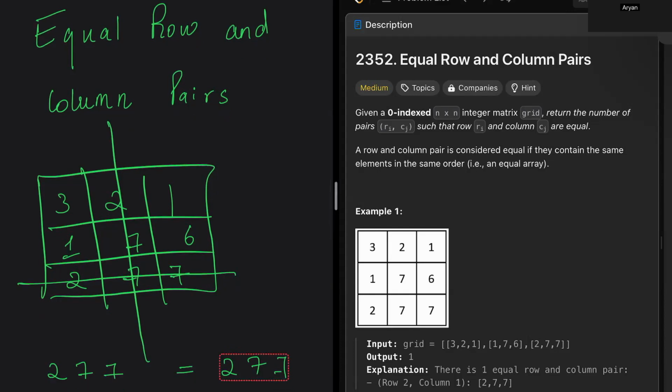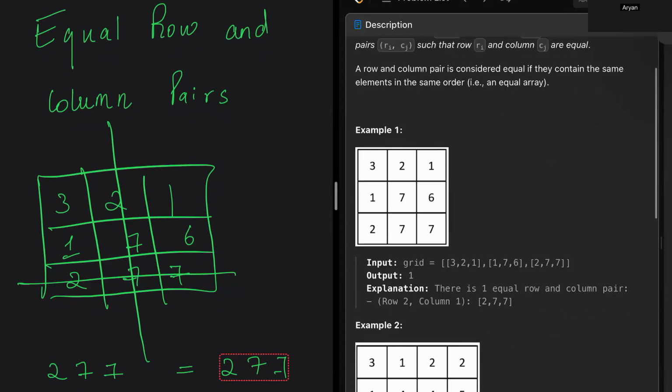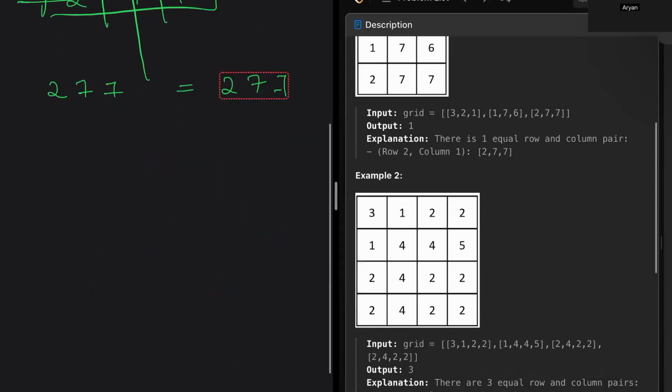Then 1 7 6 is not matching anything. 3 2 1 is not matching anything. Which means that there is only one pair of equal rows and columns. So we'll return one, right? If we see the second example,